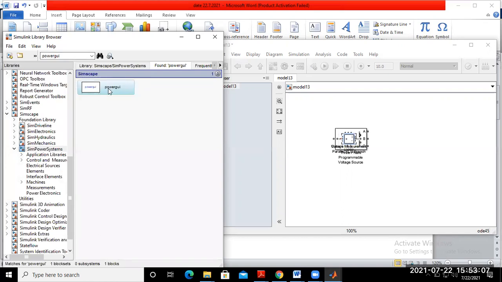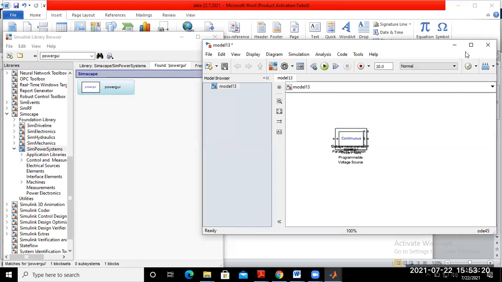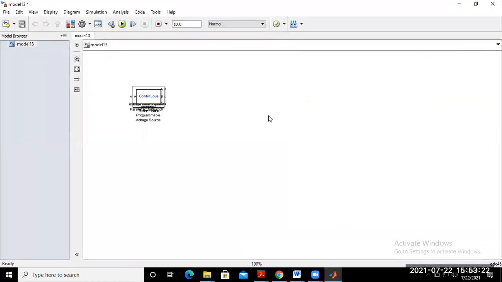So powergui is available here. Now you just add it in the model. Now I think you have obtained all the basic components, and now you simulate the circuit. So first of all put the scope, and now rearrange these blocks.